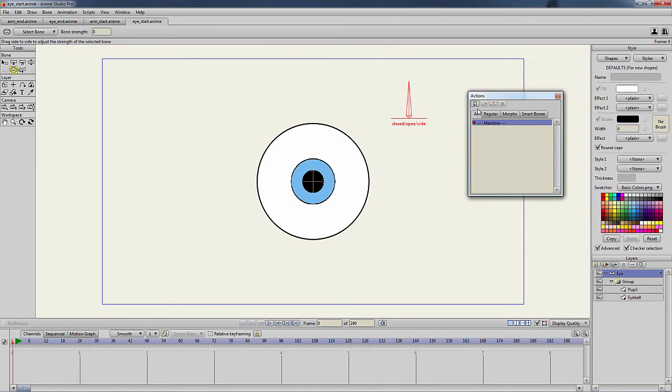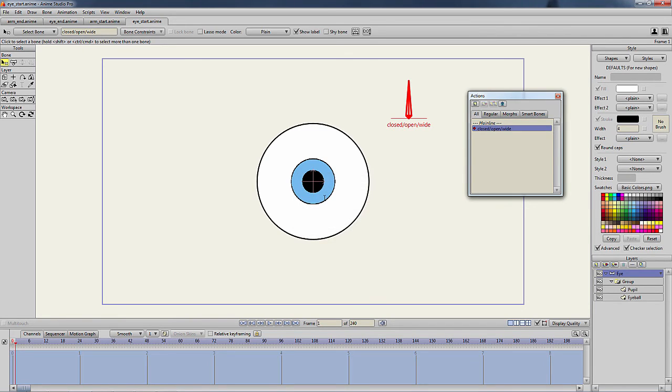With the action window open, create a new action, then give it the same name as our bone. Set the length of the action to 100 frames. This will give us room to work with. At frame 1, rotate the bone all the way to the left. At frame 50, rotate it to the middle. You hold the Shift key to set it up straight. Then rotate the bone all the way to the right at frame 100.